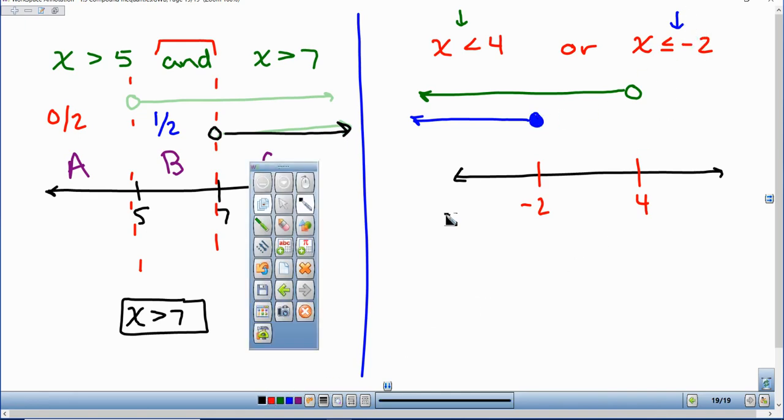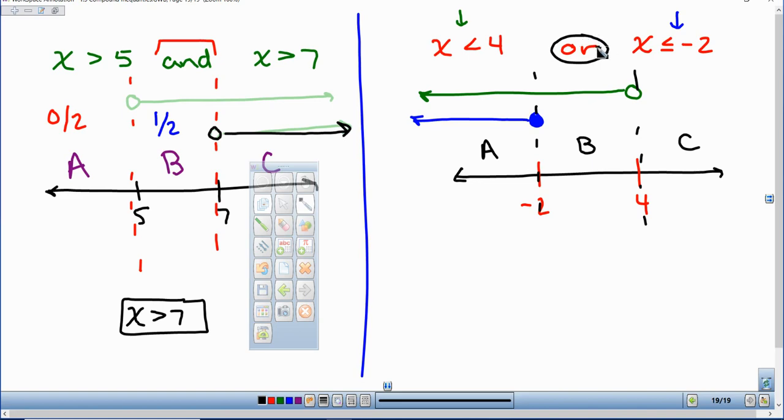Now you see those 3 sections, and I can call them A, B, and C again. Do the numbers from A satisfy at least, remember, since it says or, we only need at least one. Do the numbers from section A satisfy at least one of these two inequalities? And the answer to that is